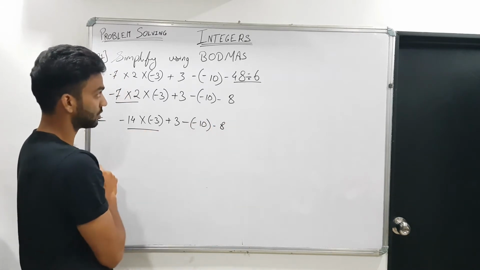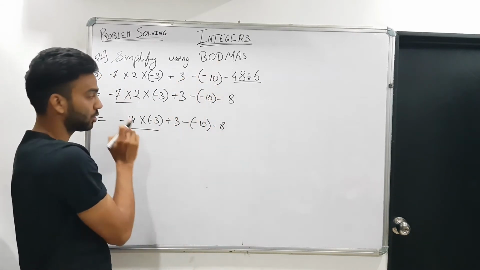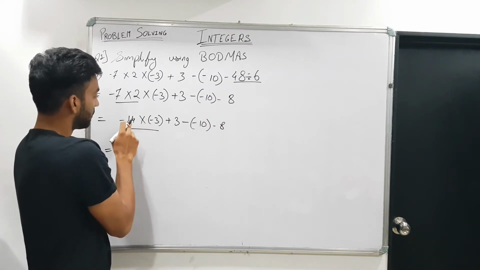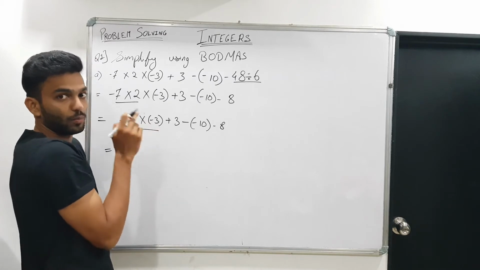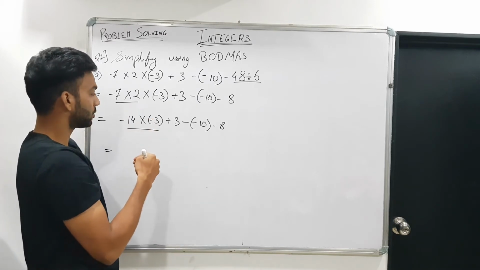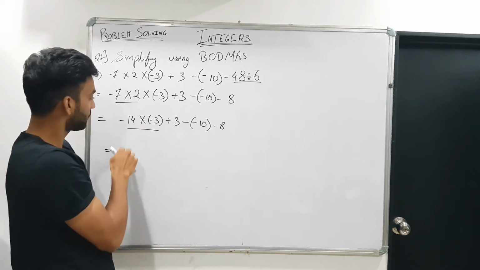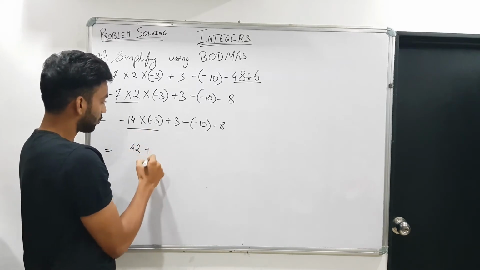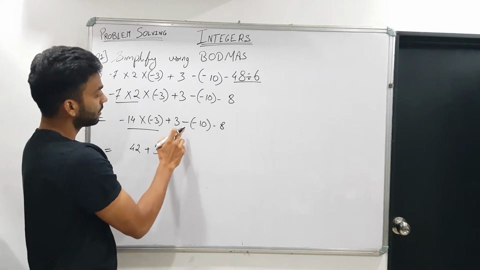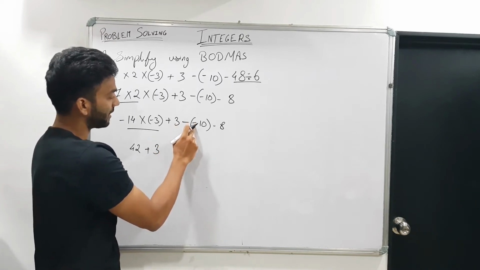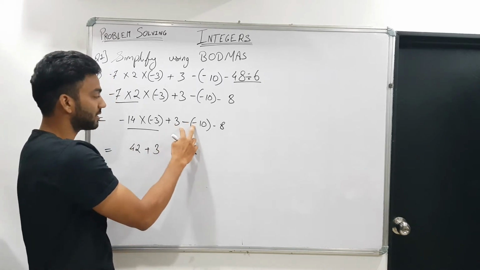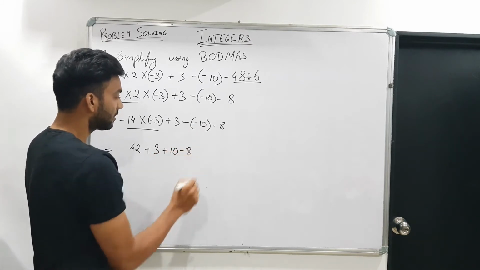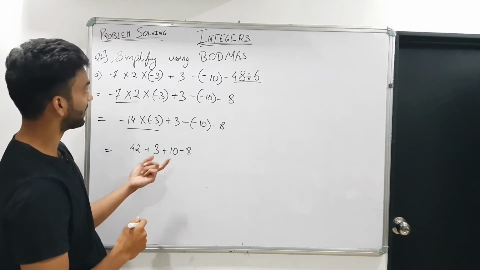This next multiplication will be solved क्योंकि multiplication है अभी तो वो solve होगा. Minus 14 into minus 3, माइनस माइनस है तो मल्टीप्लिकेशन के हमारे ऑपरेशन का इसमें होता है कि माइनस माइनस प्लस हो जाएगा. 14 into 3 is 42. ये मल्टीप्लिकेशन हो गया प्लस 3. Now here we can do this minus minus. जो ब्रैकेट का हमने देखा था माइनस माइनस अगर है तो वो हो जाता है, it becomes plus and this will be minus 8. Now we have addition subtraction.